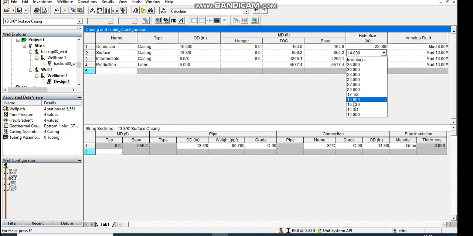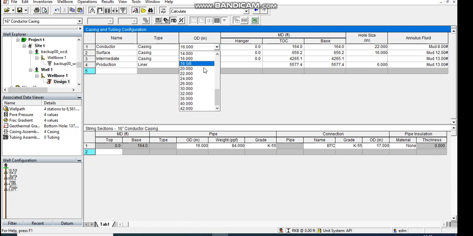I can choose a hole section of 16. I'm going to make this one a bit larger, maybe let me go back to 18, because the hole section is 22. One is 18, we can actually use 20, hole section of 20,